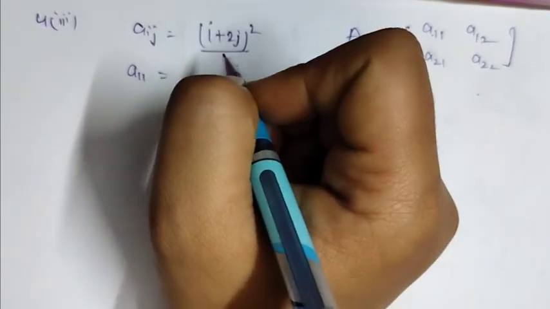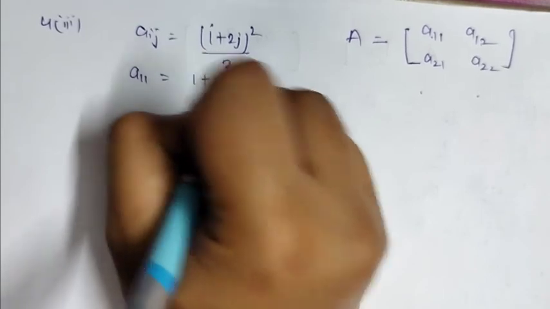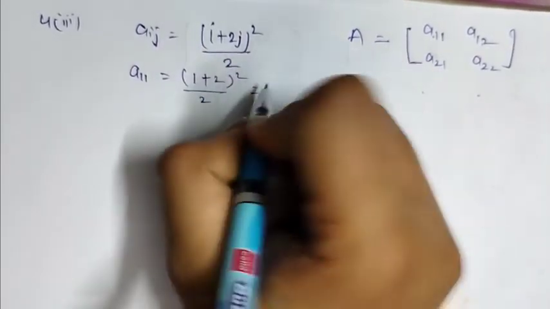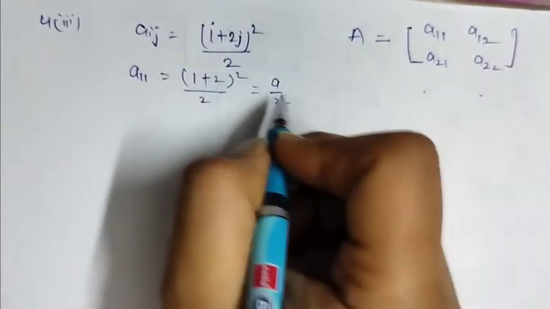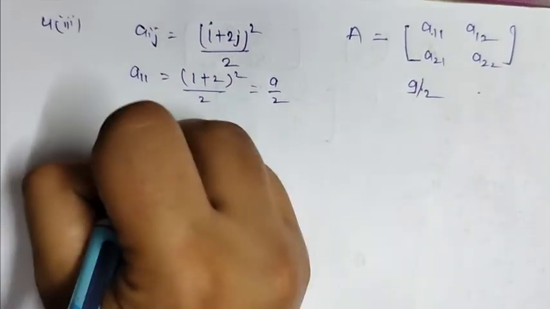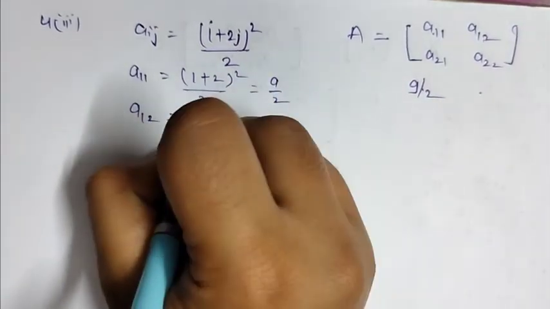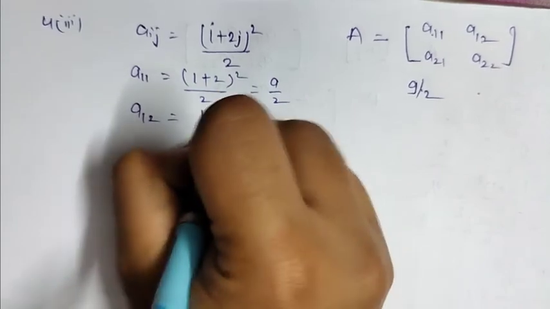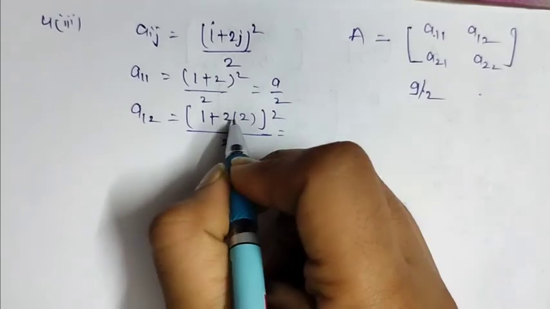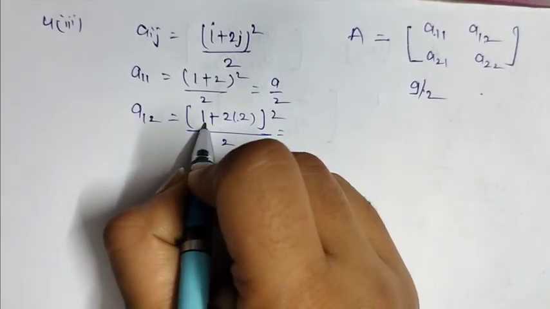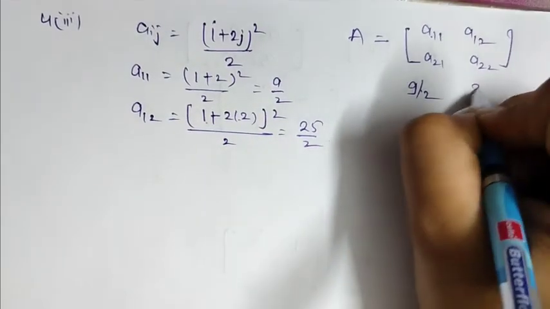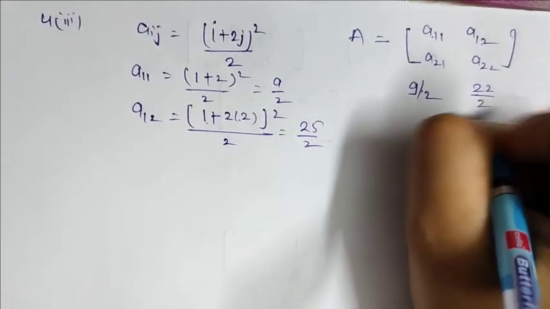So when we put A11 in this formula, we will get, here we have i plus 2j, right? So we will put (1 plus 2) upon 2. Here we have whole square, that means 3 whole square होगा 9 by 2. That means A11 हमारे पास आया 9 by 2. इसे डायरेक्टली मैट्रिक्स में लिख लेते हैं. Next we have to find the value of A12. We put i equals to 1 and j equals to 2. We will get, here we have 4 plus 1, 5. 5 square upon 2 is 25 by 2. Okay, so A12 is 25 by 2.